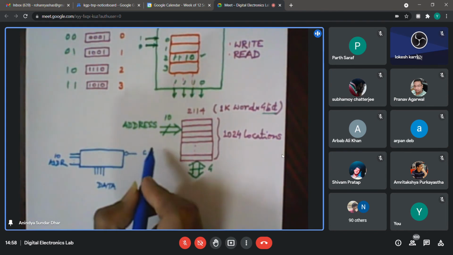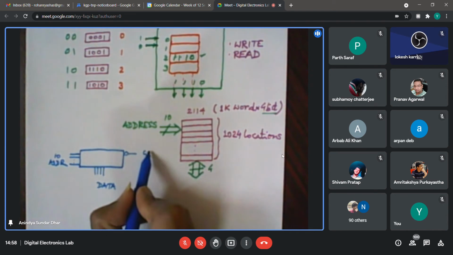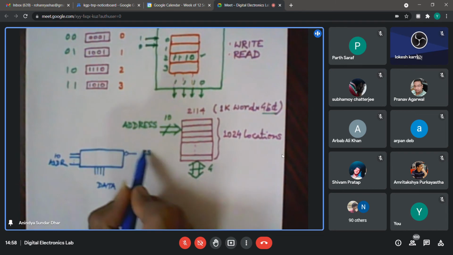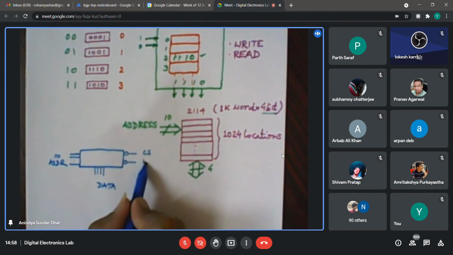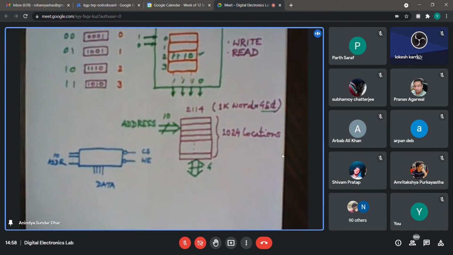In the simulator I have open, here also I think it is called chip select bar. Because of this bubble, I am not writing chip select bar here. I am writing chip select. It already says that it is active low. There is another one in that simulator, which has been termed WE. So what could be the full form of WE? Write enable. Okay, so probably from the name itself you would understand what will happen.